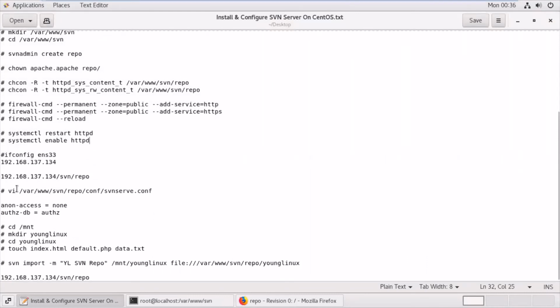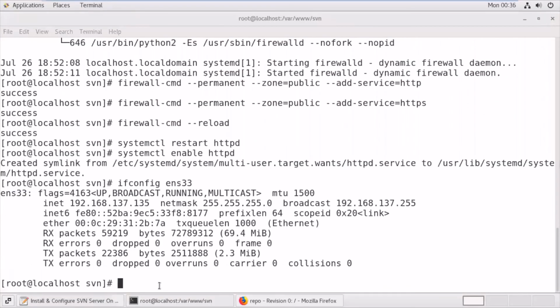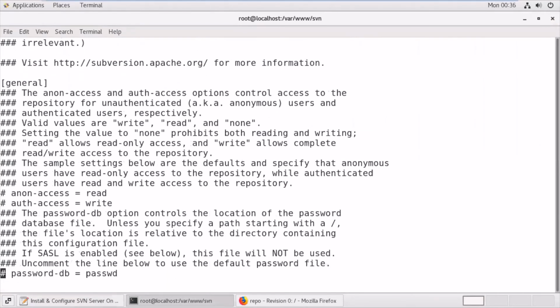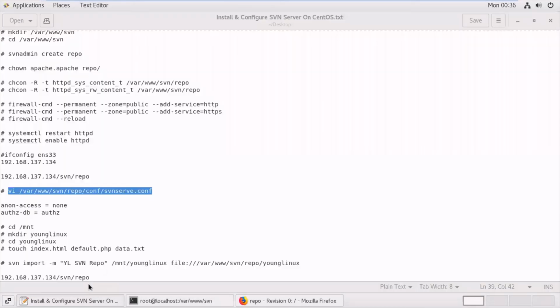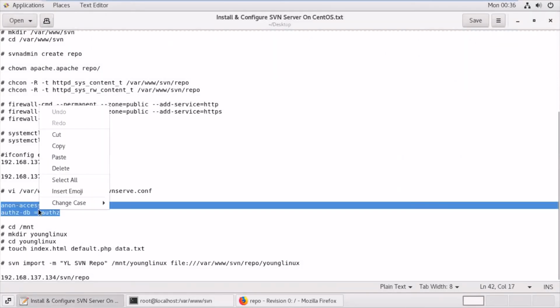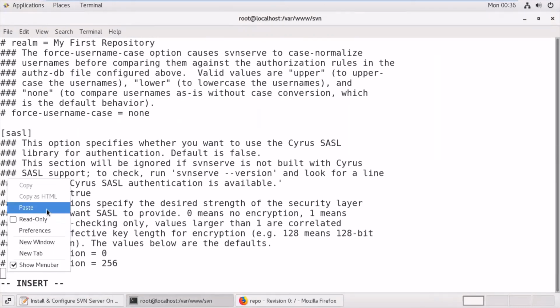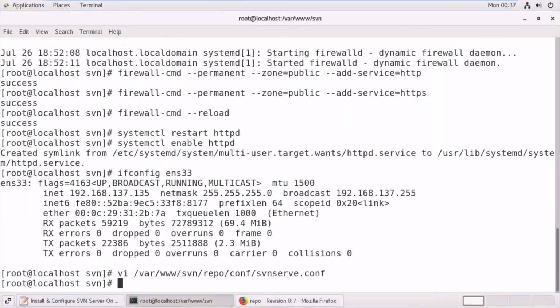So now we'll be creating some content here. Another thing we'll be doing is restricting anonymous access to this SVN server to make it secure. So I have gone to a configuration file, now inserting 2 lines. Okay, I have them on my notepad. So this is anonymous access none, means the anonymous user cannot access it, and authorization will be given to only the database users, which we are going to define. So now we have saved it.